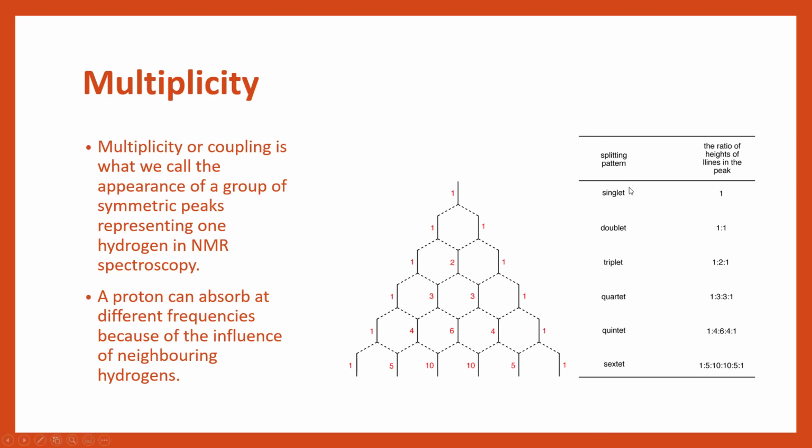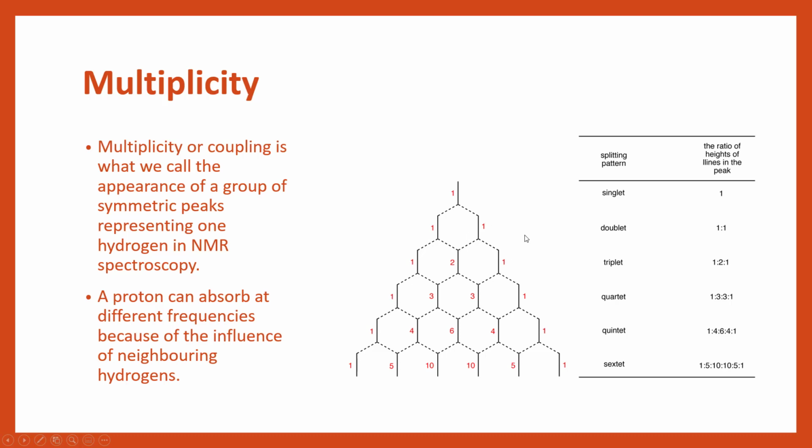Typically we're going to see them as singlets, doublets, triplets, quartets, quintets, or sextets, etc. This comes from our Pascal's triangle here, and like that we'll see the shapes of their peaks and what they look like. A singlet is just going to be one distinct peak. A doublet we're going to have two peaks of equal height. A triplet will have two smaller ones on the outside and one taller peak in the middle,